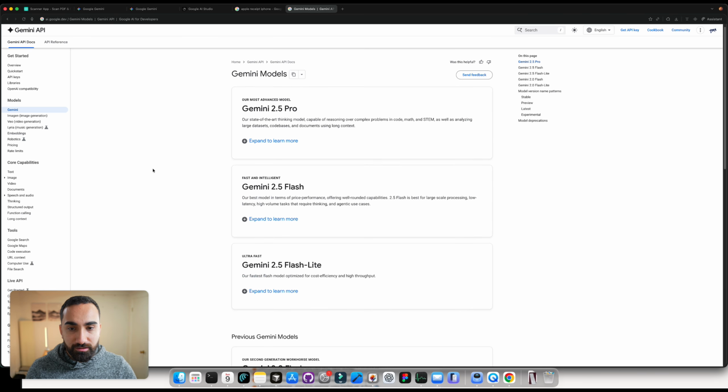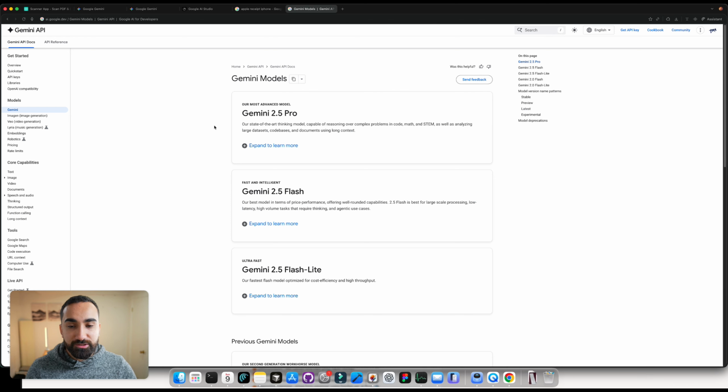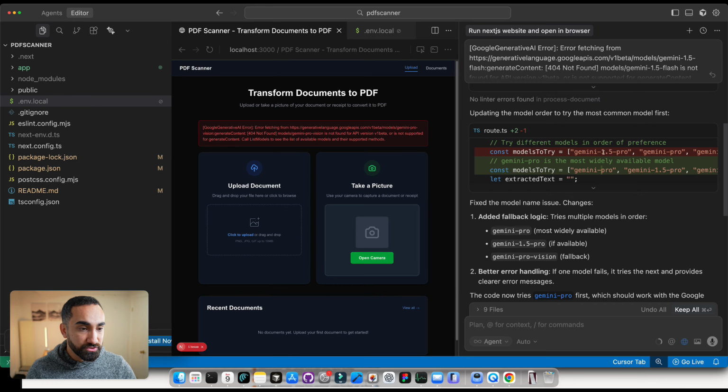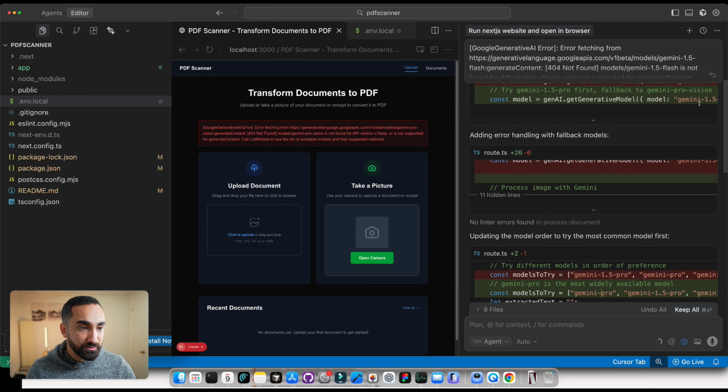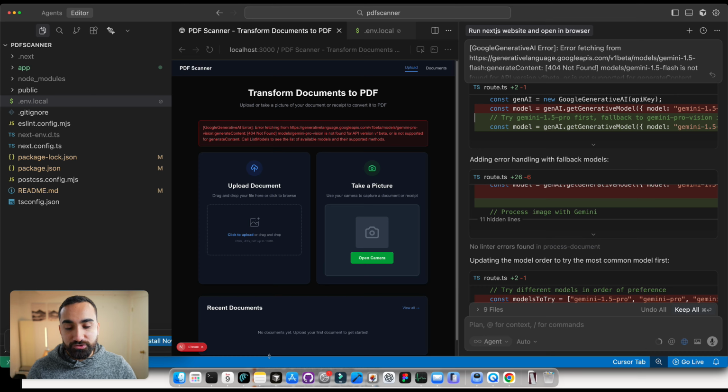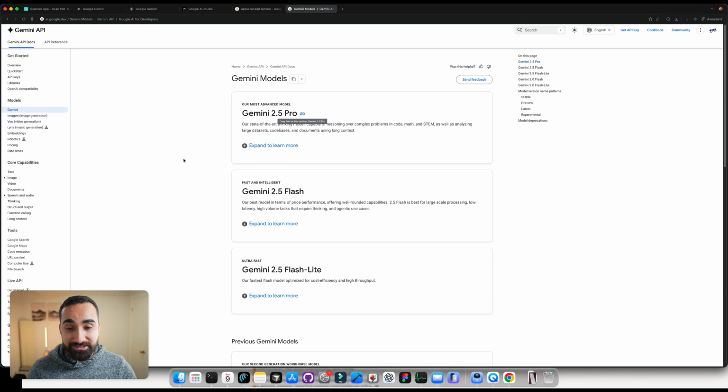Okay, so we see all of the available Gemini models. As you can see, we have Gemini 2.5 Pro, Gemini 2.5 Flash, and Flash Lite. And in our case, why it's failing is because we're using versions that do not exist. For example, we're using Gemini 1.5 Pro. So what we want to do is actually tell Cursor to use the Gemini models that are actually available right